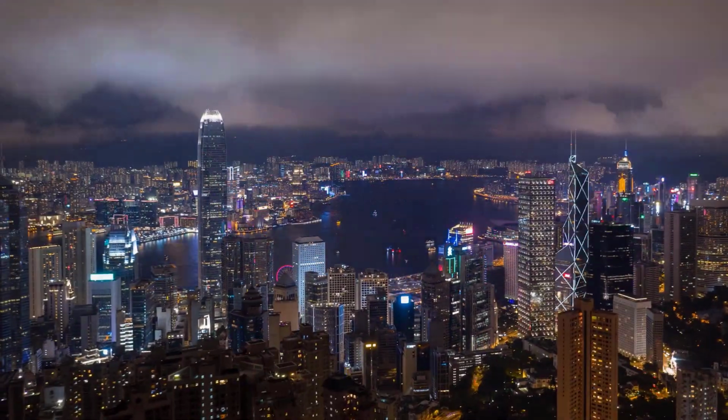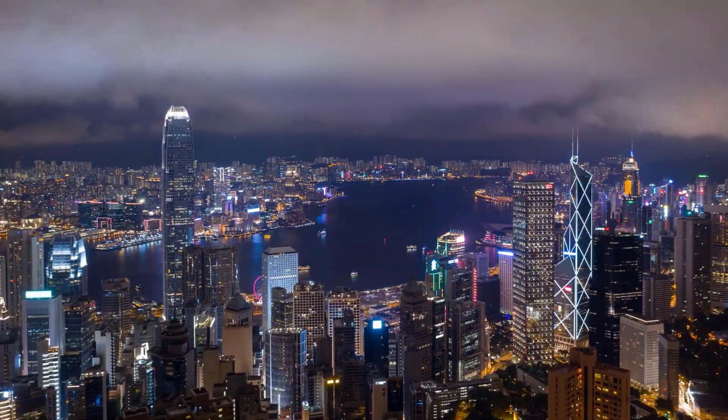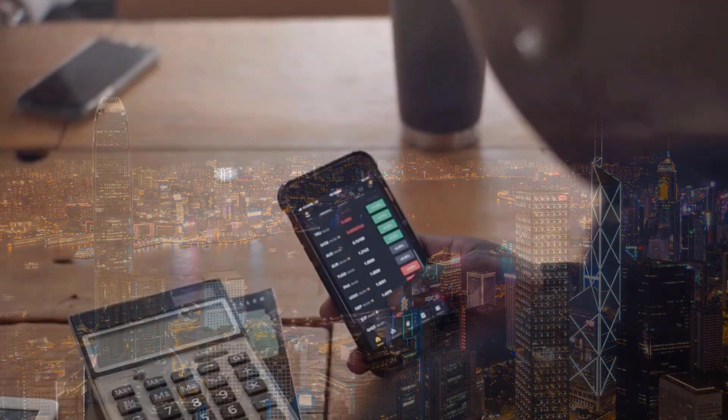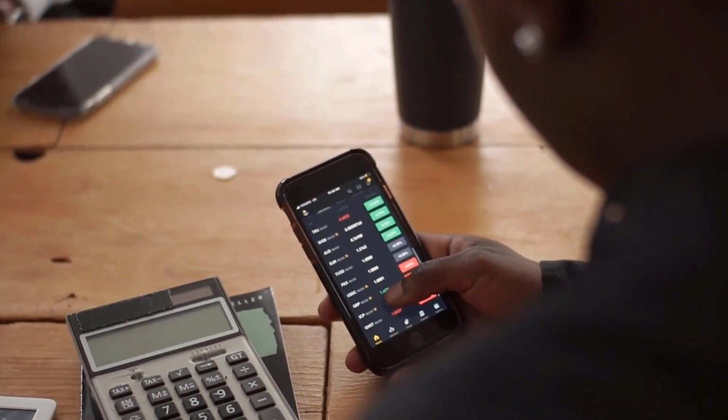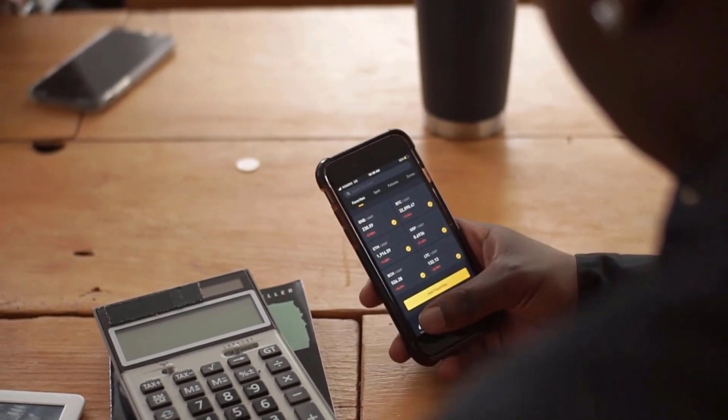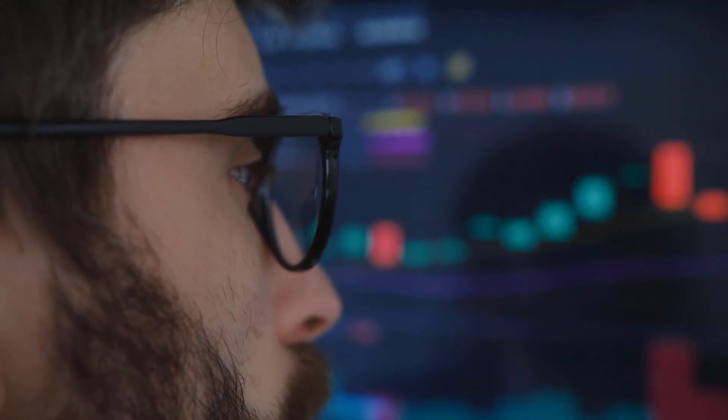Theta price forecast. The Theta network vows to revolutionize the way we stream video by decentralizing data delivery and offering users compensation for sharing their bandwidth resources. The native cryptocurrency of the network is the Theta token, which can be used to validate transactions and stake in the network. I'll look at Theta's price predictions for 2022 and beyond.